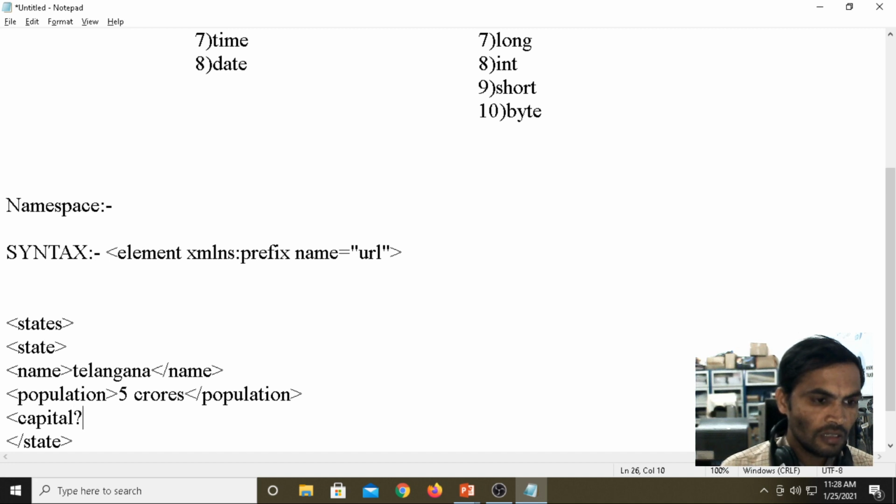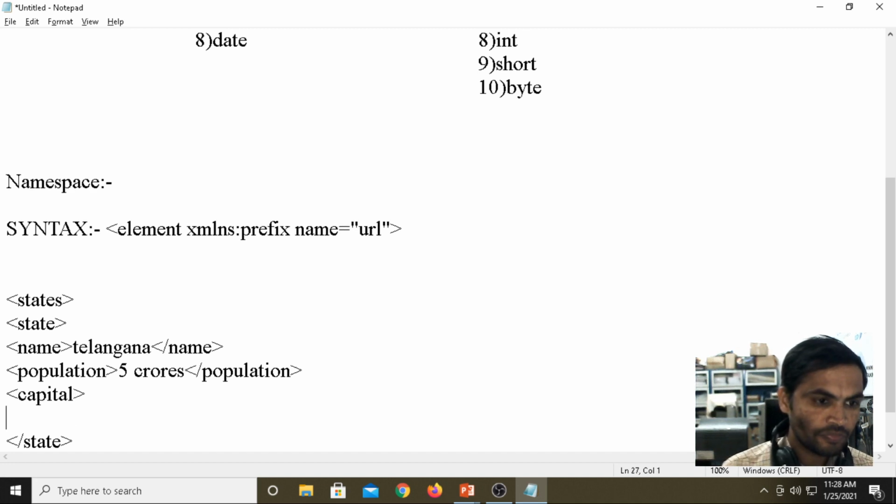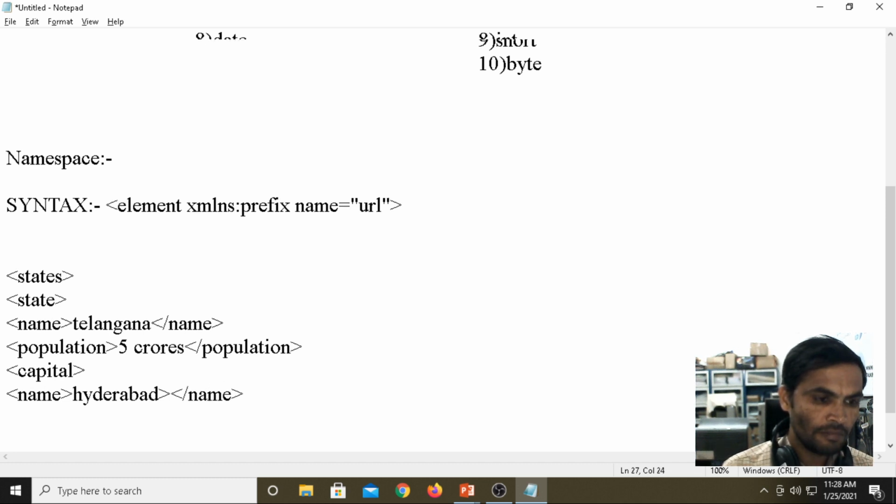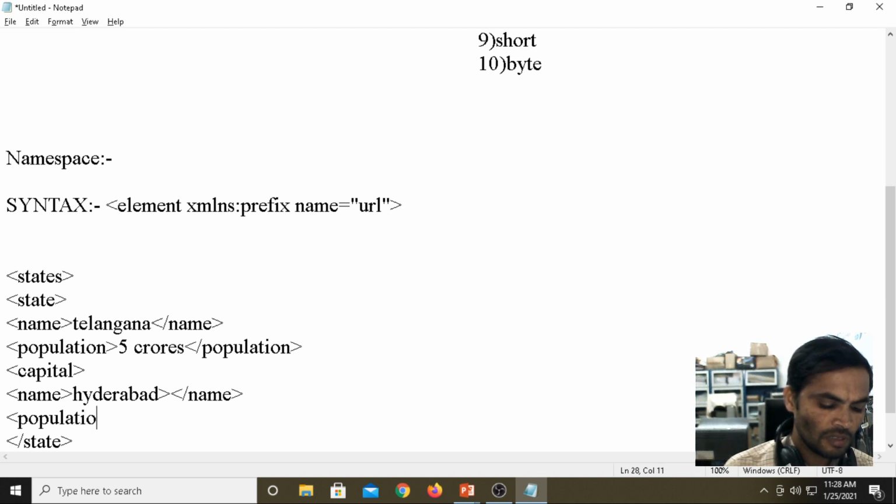For the capital, a name will also be there. The capital name is Hyderabad, closing name. Then population. In Hyderabad the population may be 1 crore.